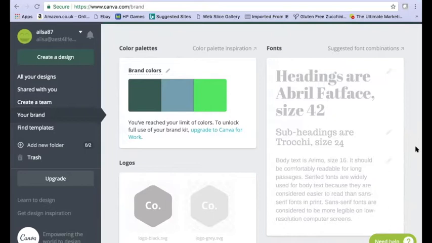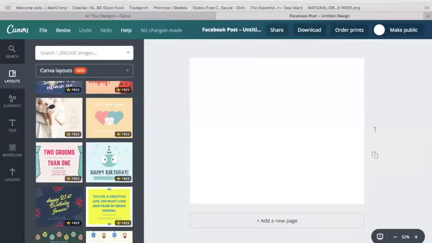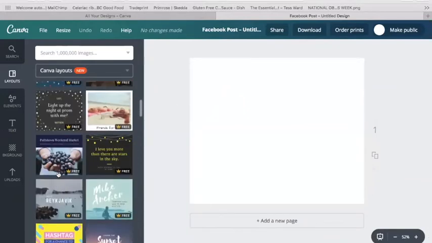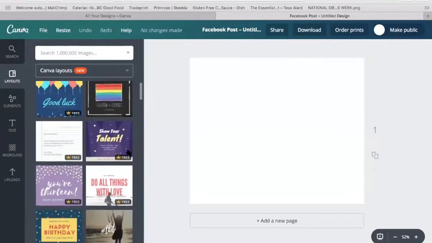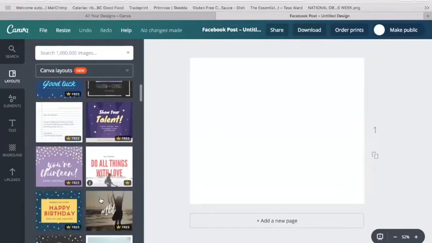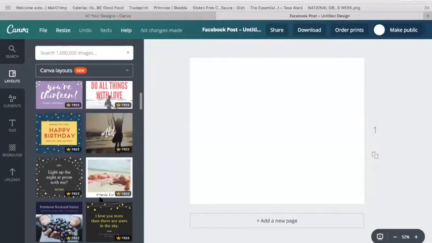We will go ahead and look now at my screen. Let's have a quick tour of the basics. I will show you, for the purposes of what we're doing, how to create a Facebook post. I'm going to do it based on my brand colours. Now, I'm not going to use any of these templates because they don't go with what I want to say. So I'm going to start with,